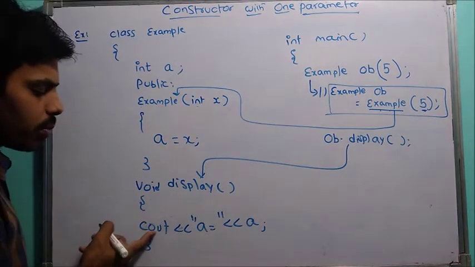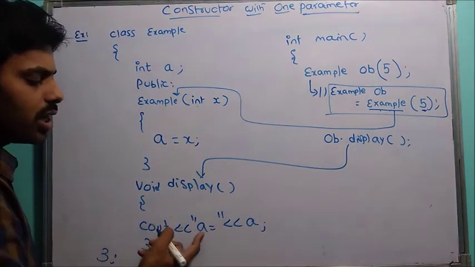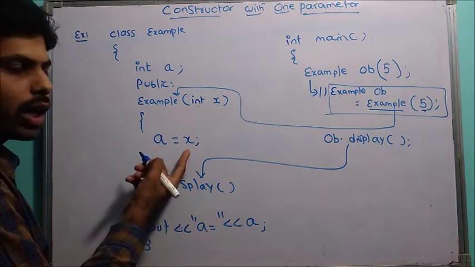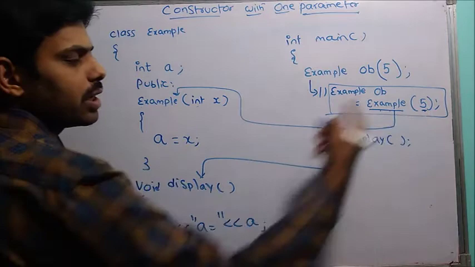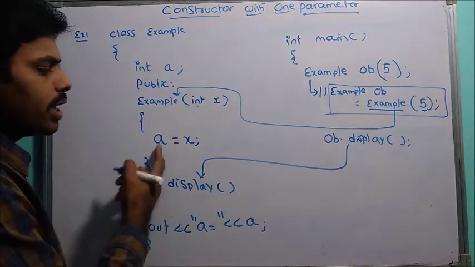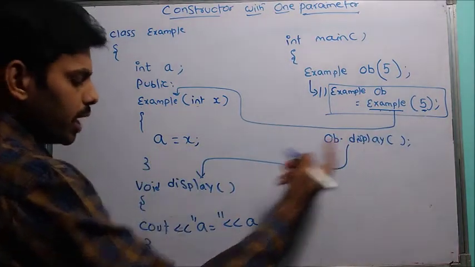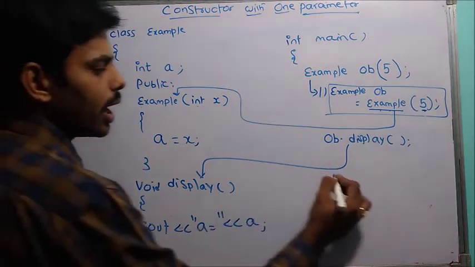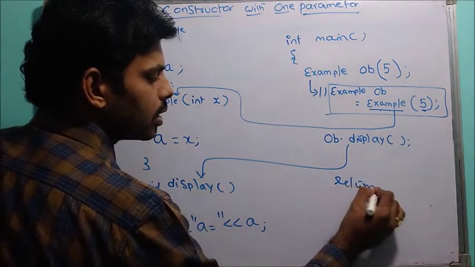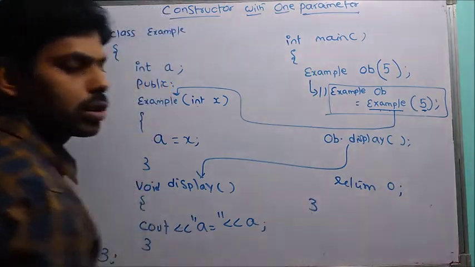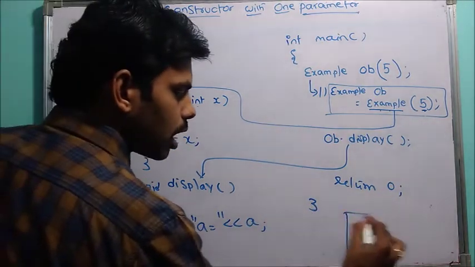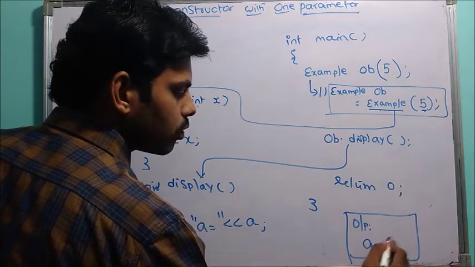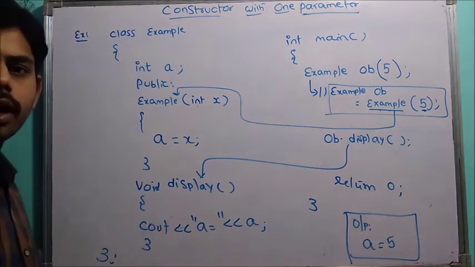The control is immediately passed to this function. In that function, I am writing the cout statement: cout a equal to a. What is the value of a? The value of a is 5 because I am passing the parameter 5 here. So OB dot display, in that a is displayed. So a equal to 5. And finally return 0. Simple. So what is the output? The output is a equal to 5. Simple program